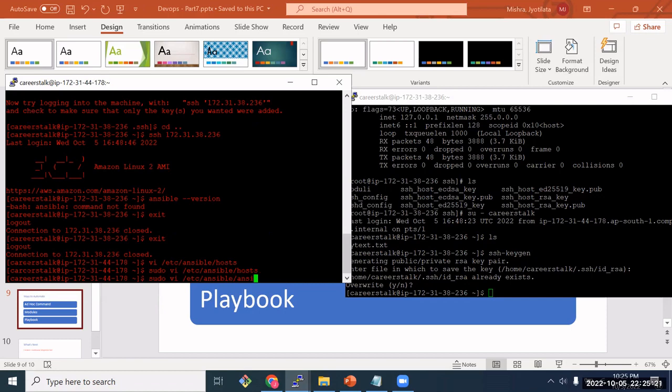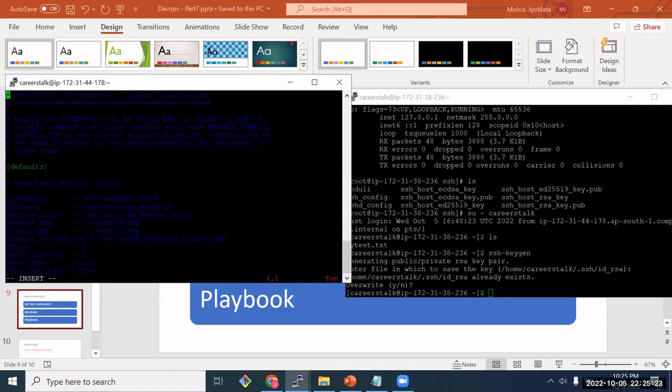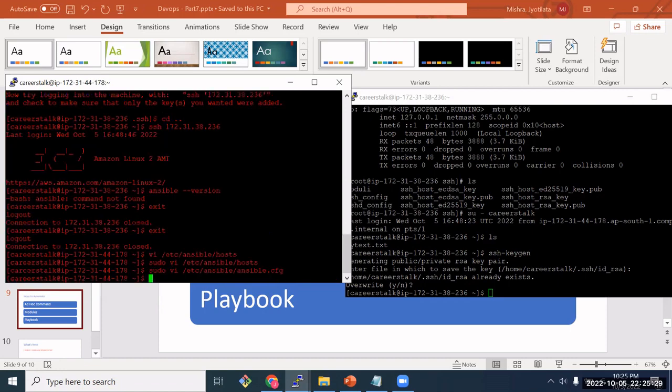So which is the Ansible config. Here this has been commented, so let me uncomment it. Okay, we are good to go. Now let's see if I'm able to connect to this machine or not. So Ansible